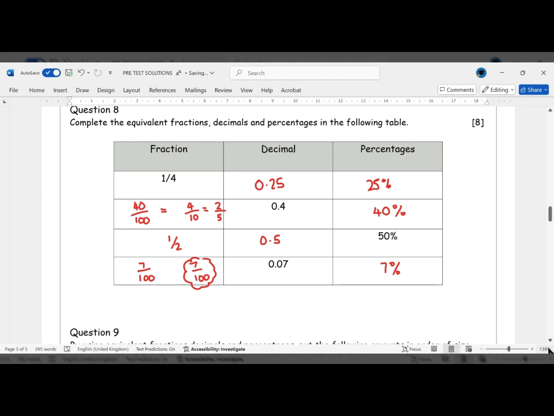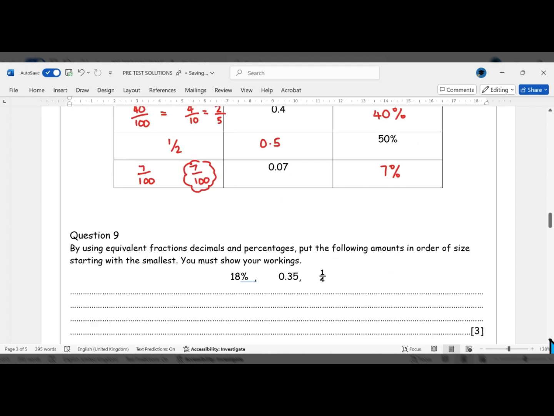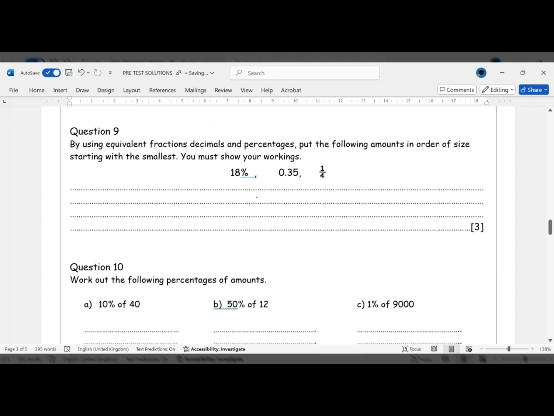Okay, let's go. Okay, well, easy enough. Change them to percentages. Right, so this is the smallest, number 1. This is second because it's 25%. And this is third because it's 35%. Without the calculator,